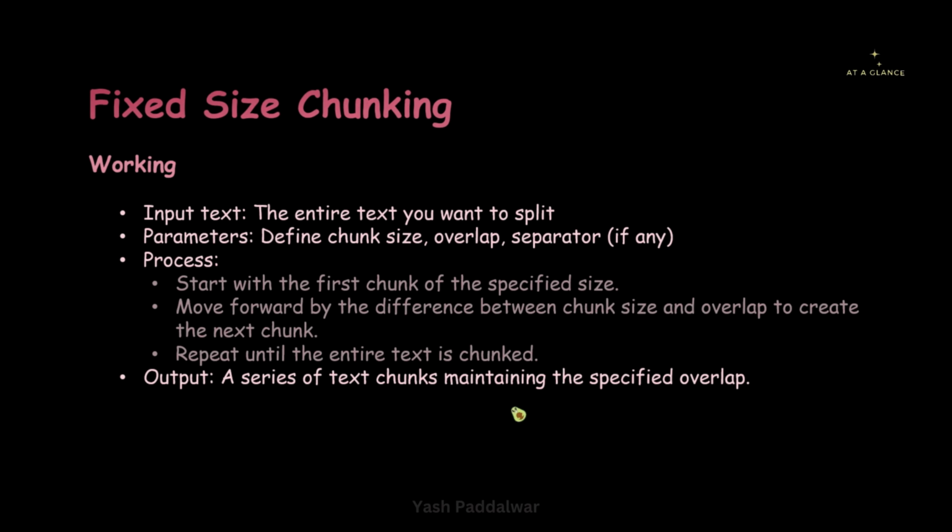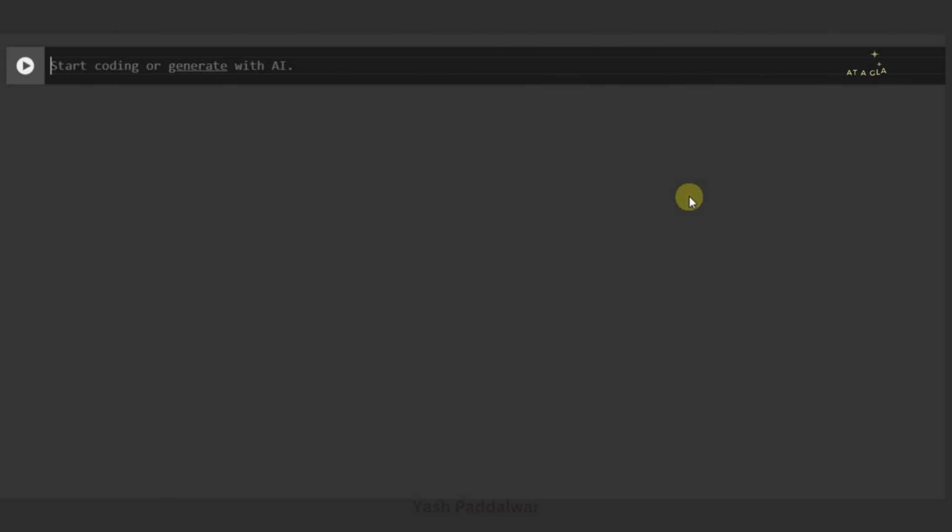Now let's practically implement the fixed size chunking with the help of the CharacterTextSplitter from LangChain. And let's see how this works in detail with an example. Let's implement practically the fixed size chunking. I'm here inside Google Colab, and the very first thing that we have to do is to install the library LangChain. So I'm running this command pip install langchain,